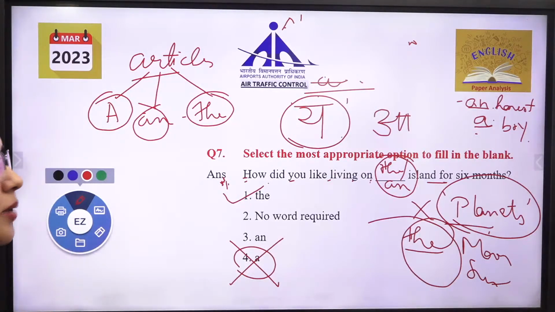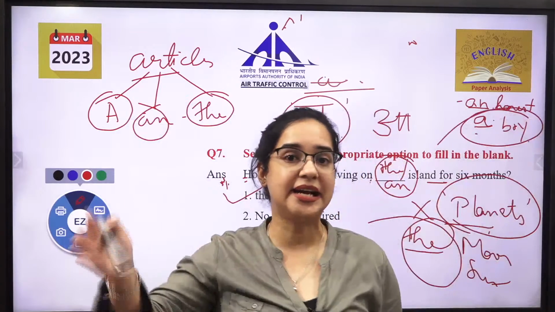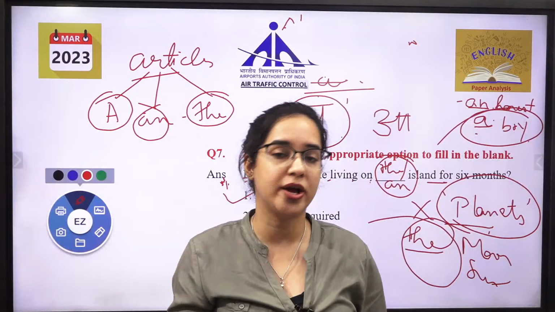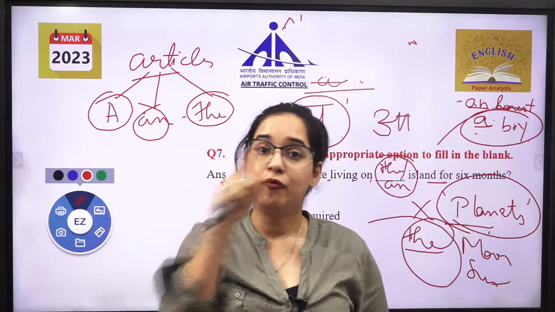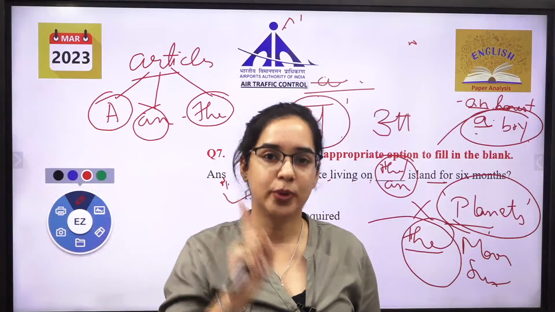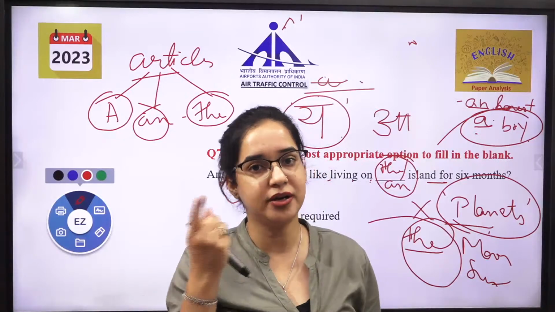Boy, it will be a boy. See, we are not sure which boy I'm talking about. मैंने एक लड़का देखा मार्केट में. I saw a boy in the market. I'm not sure which boy I'm talking about. In the next line, वही boy मेरी sister का friend है. The boy. मैं second में sure हुई हूँ. So I told you, for surety, the. Very particular thing, the. But when you're not particular, it is a.